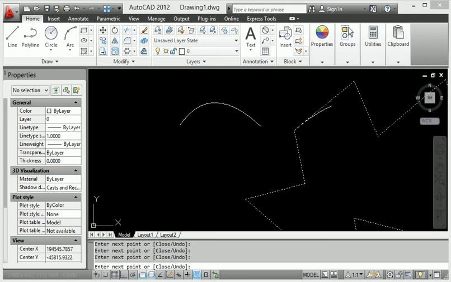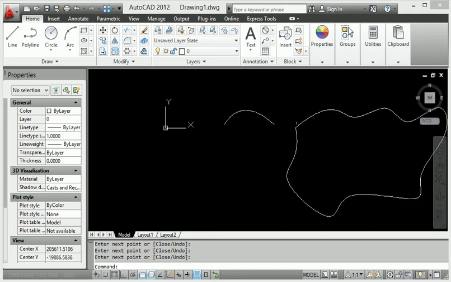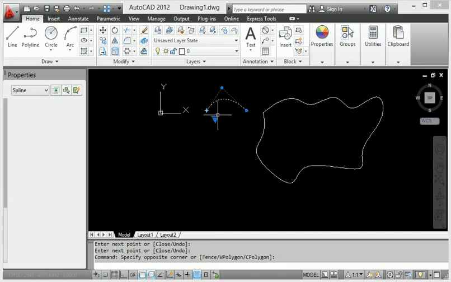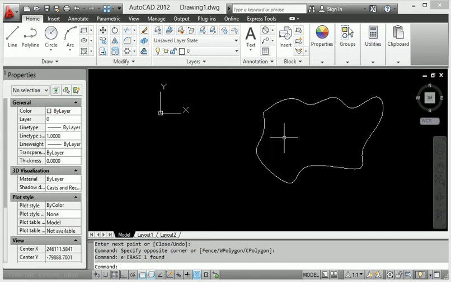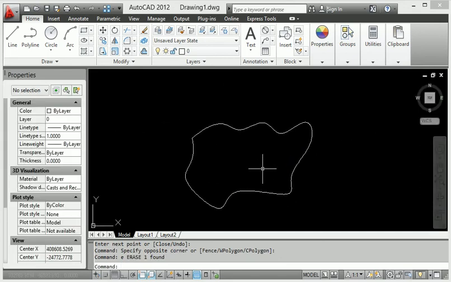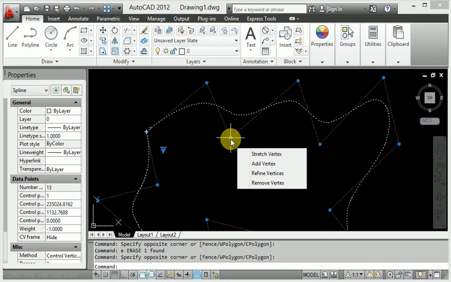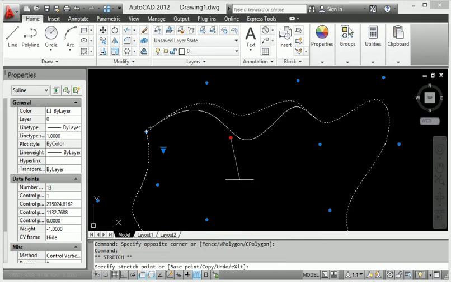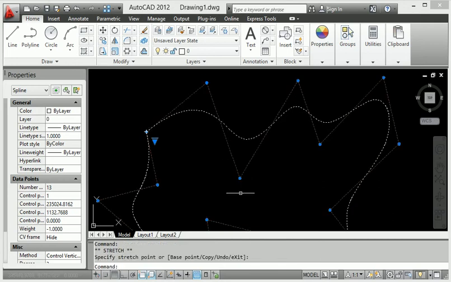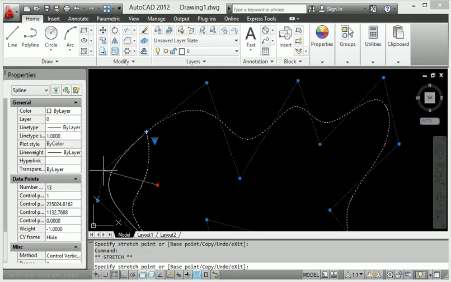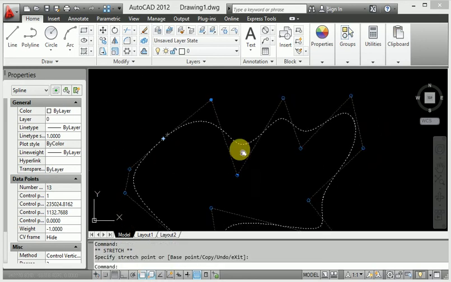Okay, so then go to enter. This creates the simple spline diagram. When I want to adjust this whole diagram, I click there, and now I want to stretch this in the down direction, so it becomes the down direction. Then this point goes in the upward direction, so it goes upward.